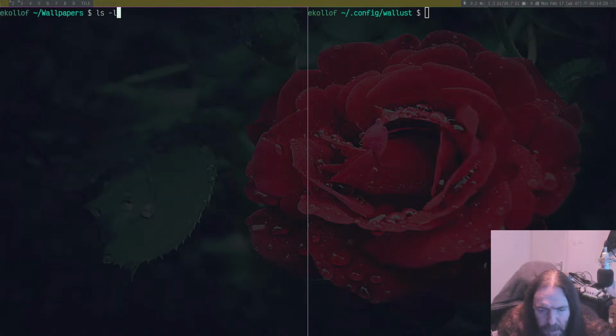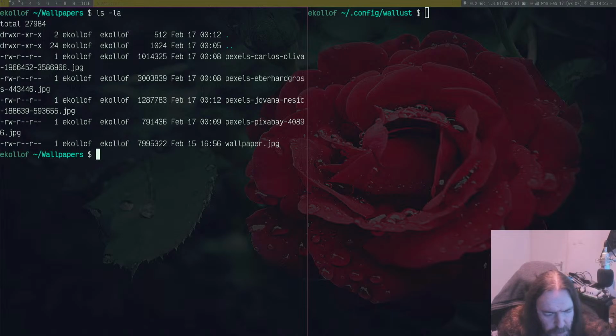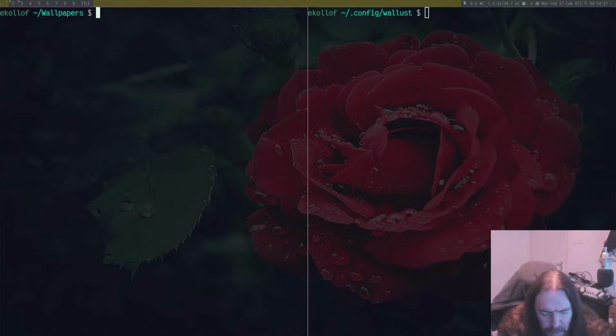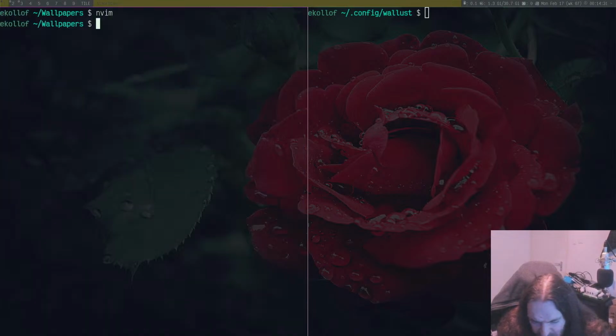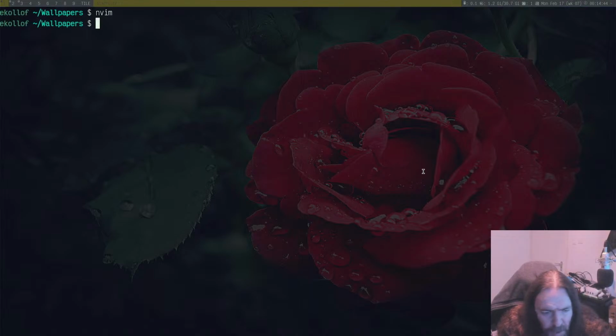I kind of like this. It's nice and contrasty. Yeah, I should probably look at Neofin if I can make that match the Pywal stuff as well, but that probably requires more templates. Anyway, I think off stream, I guess,